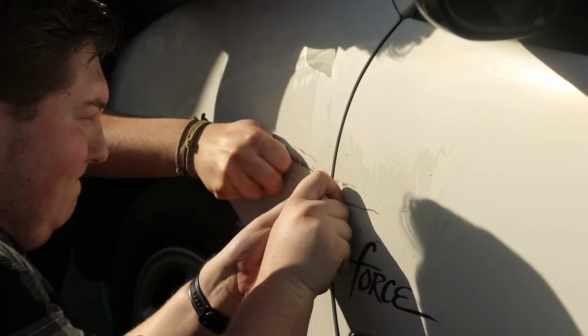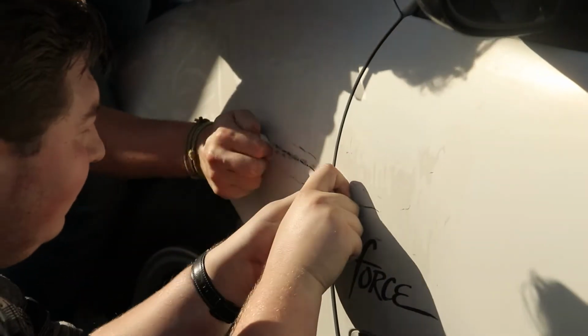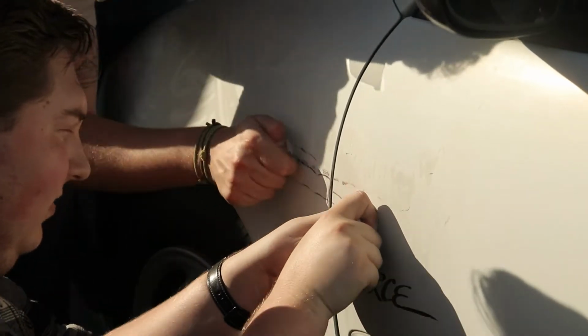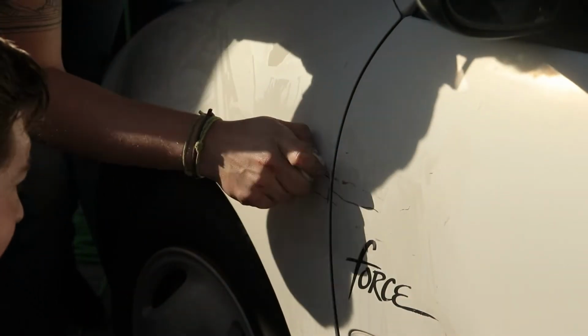Here you can see us trying to remove some scuff marks with the clay bar, and it works a little bit, but not as well as we would have liked to. It's going to need some touch-up paint, but overall, I was pretty happy with how the car turned out after